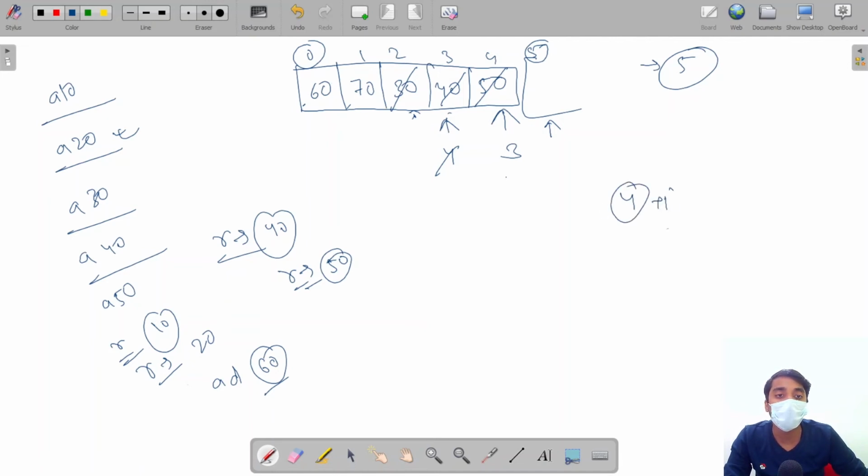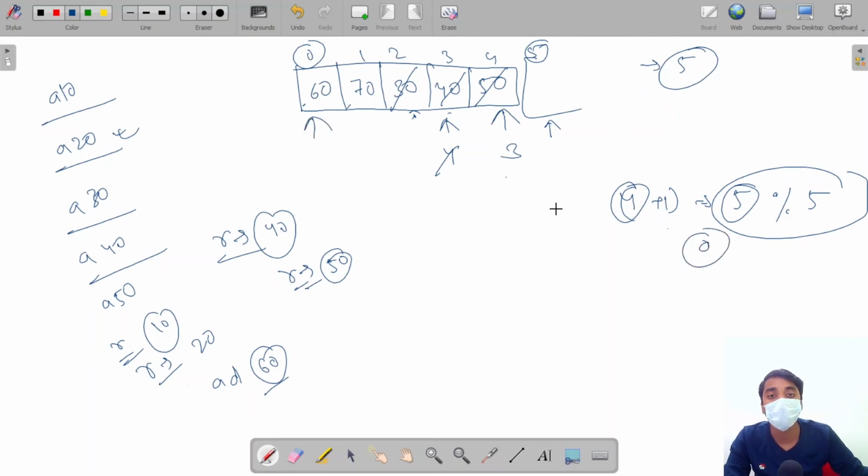After incrementing by 1, this becomes 5, where 5 is out of index for getting the element. So if we modulo this by the data length, that is 5, we can get the front again. The front is now 0. The size is 2. Now remove 60. 60 will be removed.